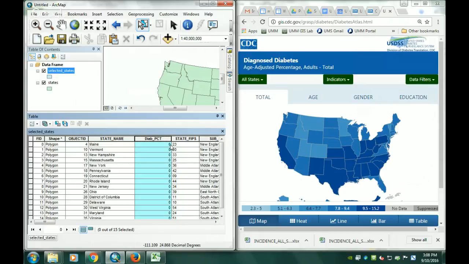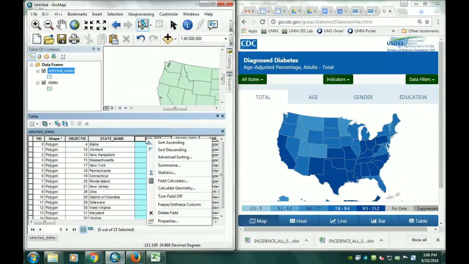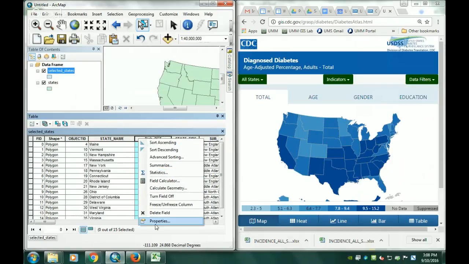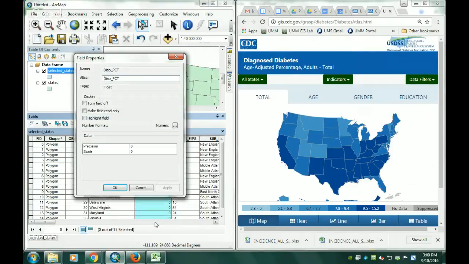It's true. And so one thing that we can do, and maybe we should just do this right now, is give it an alias. We have more leeway in naming it with an alias. To do that, we can right-click on the name of the field that we just made and choose Properties. And under Alias, we can go